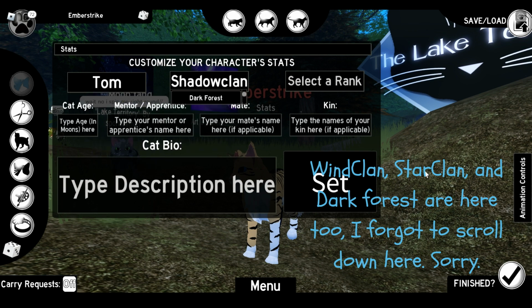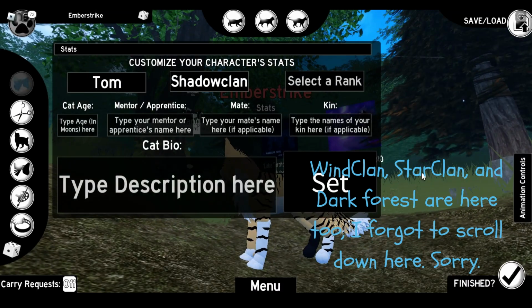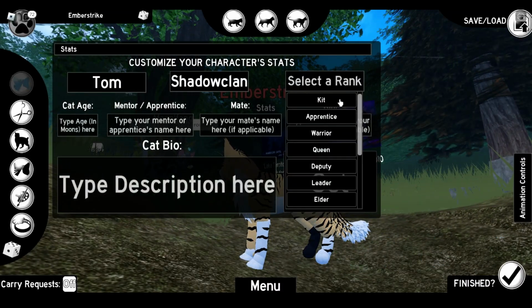So normally, Ember Strike is in Shadow Clan. And then for your rank, you can have a Kit, Apprentice, Warrior, Queen, or Elder. So these ones I'm going to mention first. I know Deputy and Leader are halfway through, or in between Queen and Elder. I want to mention those beforehand because you can have as many Leader...